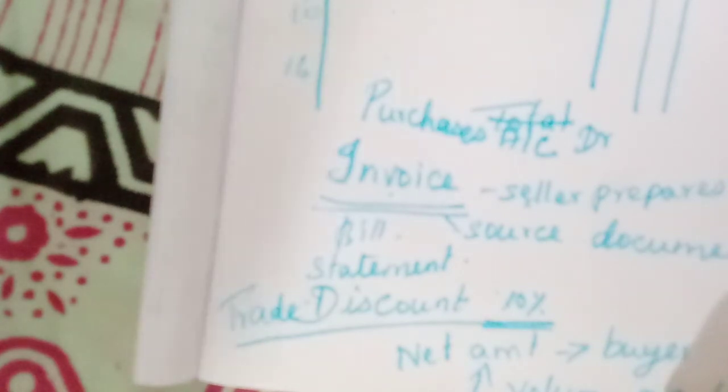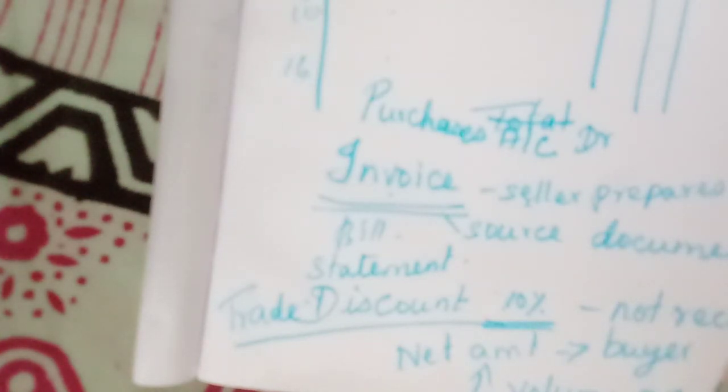If a person purchases for 50,000 rupees, they will give some discount. Who will buy that? Usually the wholesalers, isn't it? Or retailers also. Retailers will purchase from the wholesalers and they will sell to the customers, isn't it? So since they purchase in big quantity, either the manufacturer or the wholesaler will allow this trade discount. Understand? So trade discount is not recorded in the books of accounts.